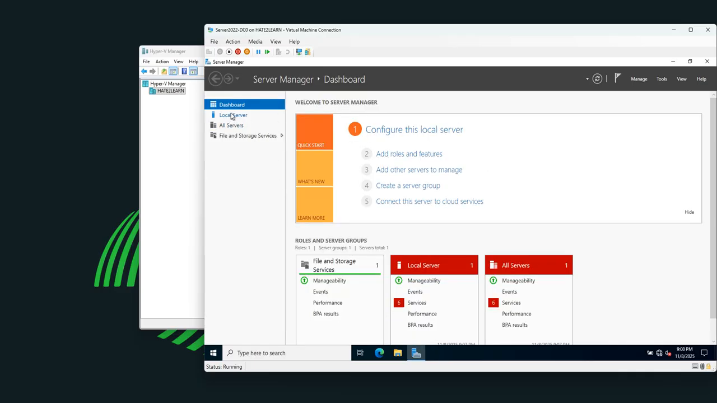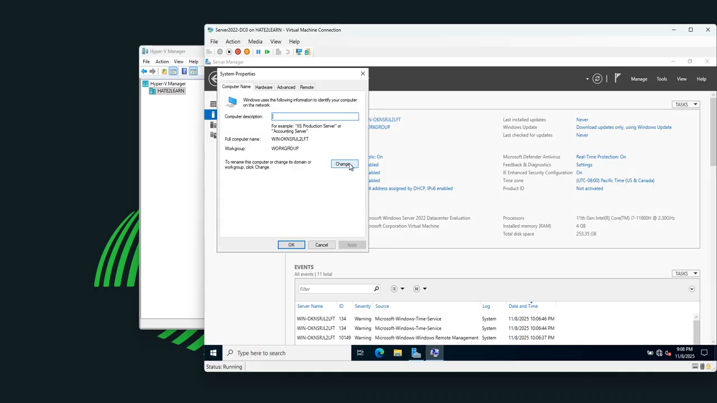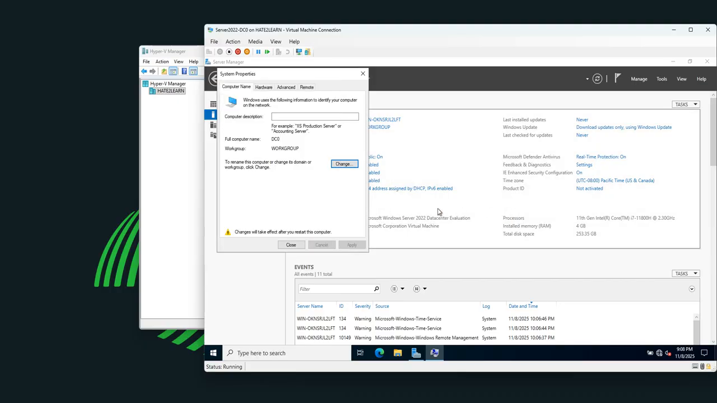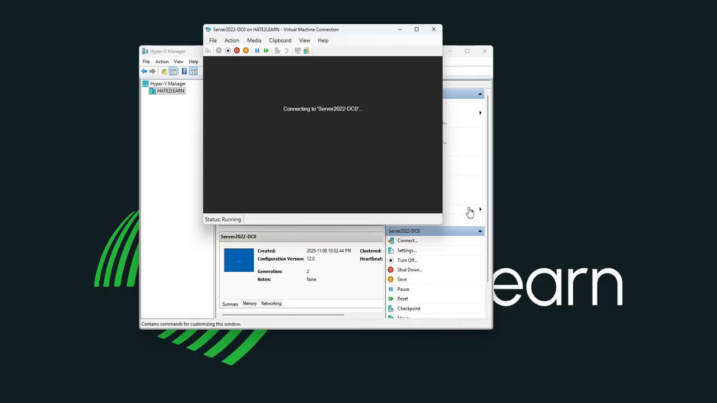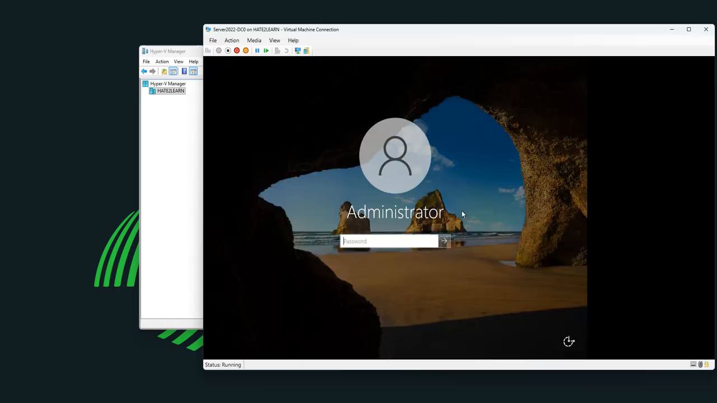Now let's go to local server, computer name right here, click on it, and then click on change. Let's give it a name, DC0. OK, OK, close, restart now. Type the password,